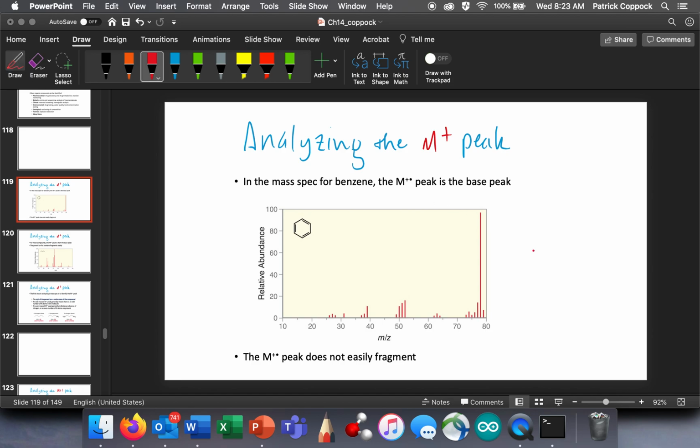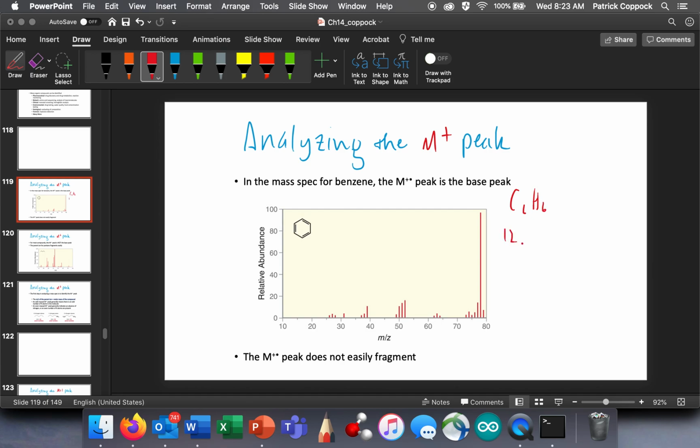Okay, so we implied a few minutes ago what the M plus peak was, or we said it, and we implied what it means. But let's look at this a little more carefully. Let's analyze the M plus peak, or the molecular ion peak. So the mass spec for benzene is shown here. The molecular mass of benzene, right, it's